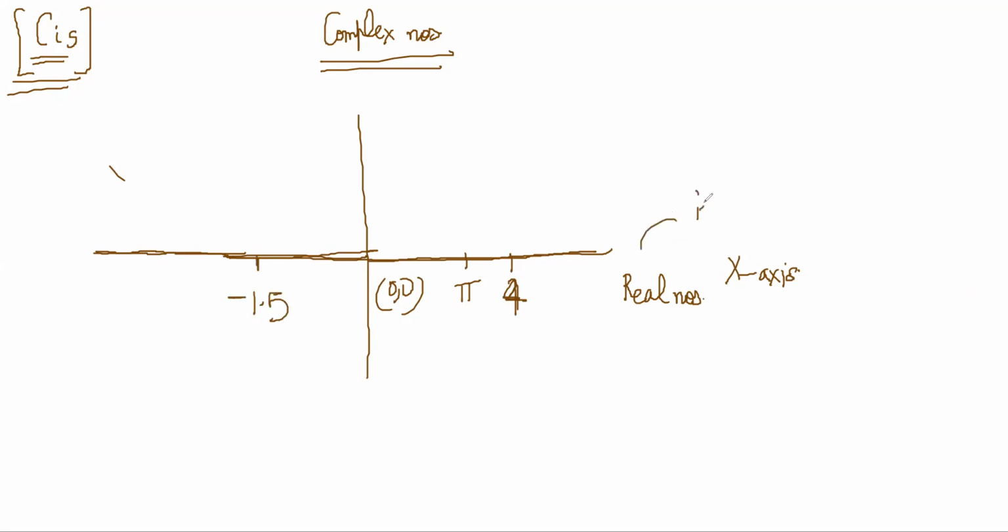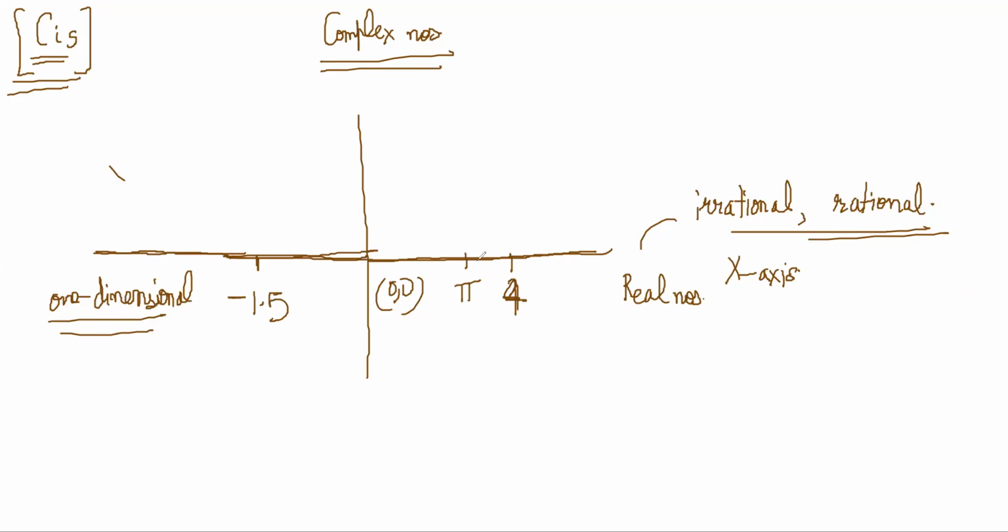Every number, either rational or irrational, you can find a spot for it on the real number line. And that real number line can be plotted on the x-axis. But now what we will do is, this is just a one-dimensional type of number, right? There is only one number that you need to know to fix that place. But if you go to this 2D plane, then you can have points which are ordered pairs of numbers, no? So this point, for example, is xy. This means it is x in this direction and y in this direction, right?